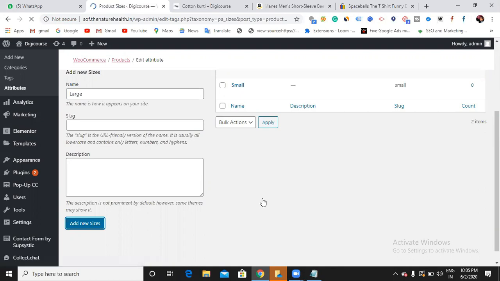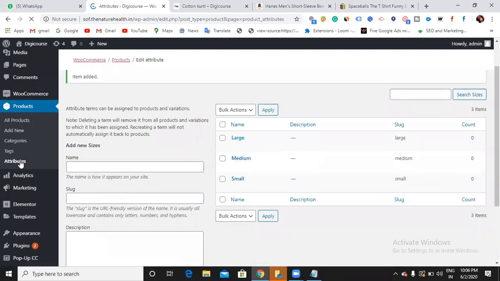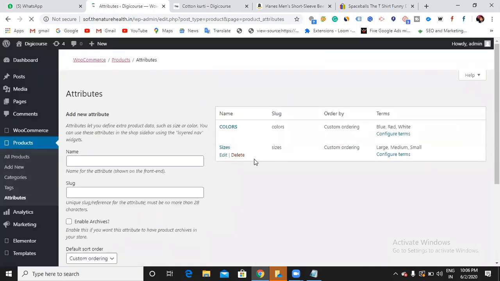Okay, I just defined a few colors here. In the sizes, large, medium, and small, and in the colors, white, blue, and red. Fine, I just created it. Now it is your duty to define what colors and what sizes you have.